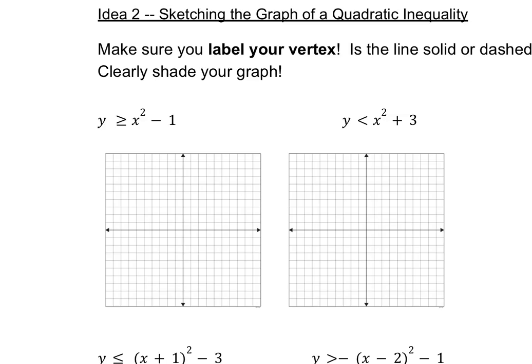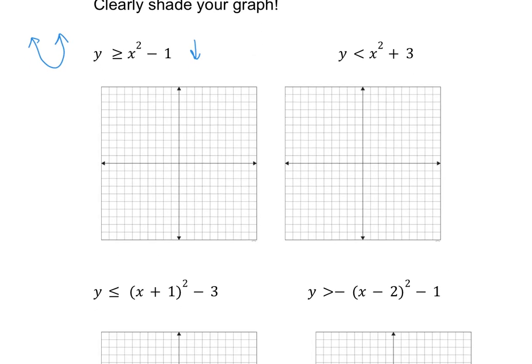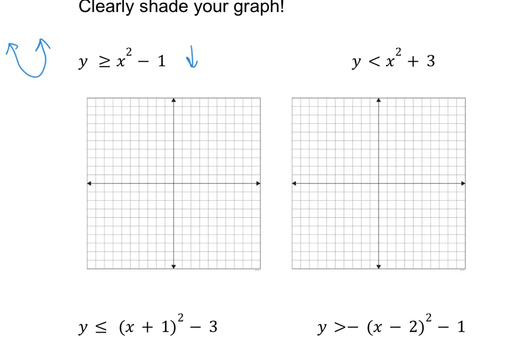So if we have y is greater than or equal to x squared minus 1, that is basically just your parent function parabola opening up, and it is just shifted down 1 unit, okay? As far as when we graph them for right now, they're going to be very basic like this. We're going to have the basic parabola, and we are just going to shift everything down, okay? So if we had our original one, it would be at 0, 0, we take and we move everything down. So we'd be here, and then we would have a couple of other ordered pairs here